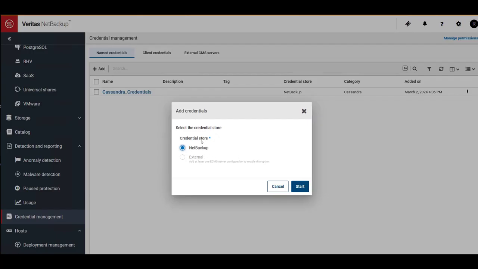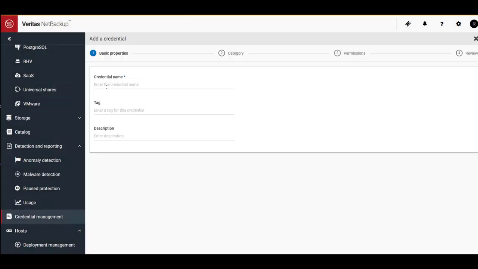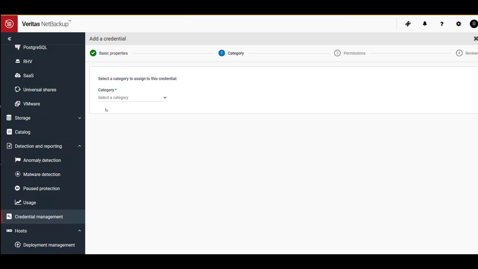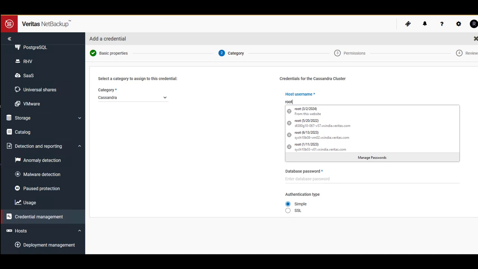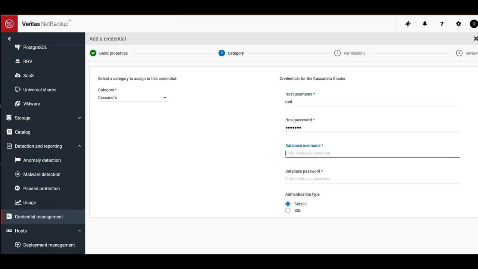It will ask you the type of credential store. So we will go with NetBackup. Click on Start. You can give any credential name, and then I'll click on Next. For Category, I need to select Cassandra, and you need to provide hostname, password, and database username password.